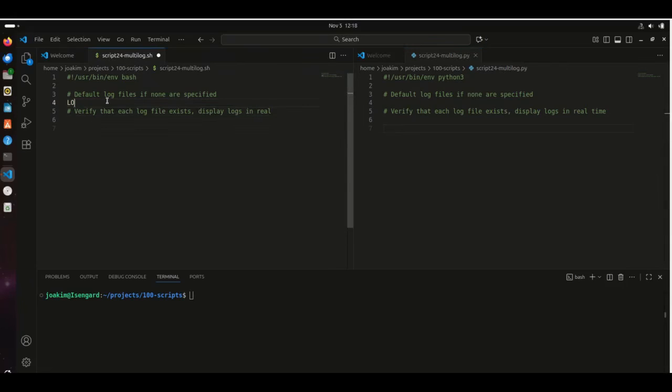So you're going to specify a logs variable here. Any arguments that are passed, we're going to save as the log files that we need to monitor. If nothing is found, we're just going to use default log files here. So it'll be /var/log/syslog and /var/log/audit.log,